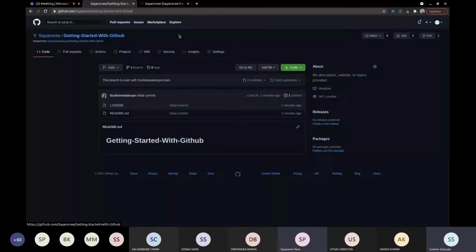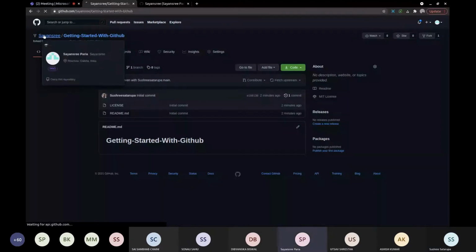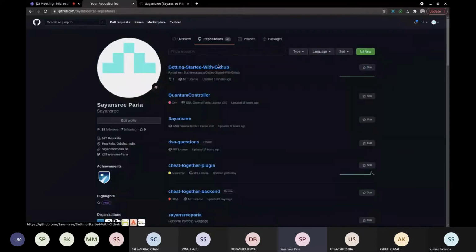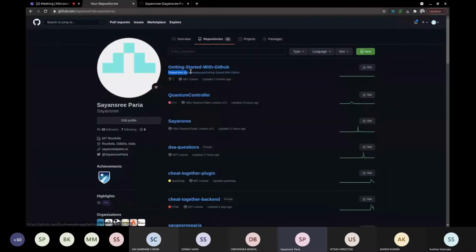If I move to my own account and move to my repositories, I can find the repo that I just forked on the top. You can see it will be written forked from where it is forked from. Click on the repository and show them that in front of the repository there is your name and not mine.